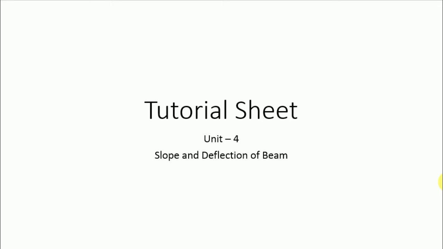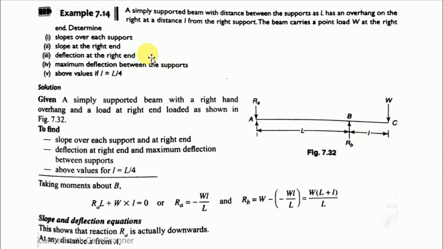Okay, so let's just find the question. The first question: a simply supported beam with distance between the supports as L has an overhang on the right at a distance small l from the right support. The beam carries a point load W at the right end. Determine the slope over each support, slope at the right end, deflection at the right end, maximum deflection between the supports, and the above values if small l is equal to L by 4, where capital L is the length of the